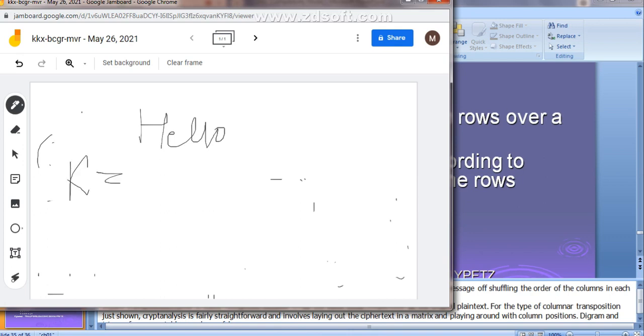How many columns are there? 7 columns. So 7 letters you are going to write in each row, and the remaining 3 empty positions you are going to fill with other letters.